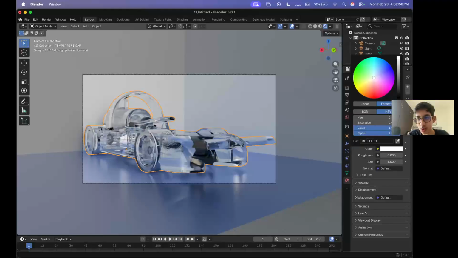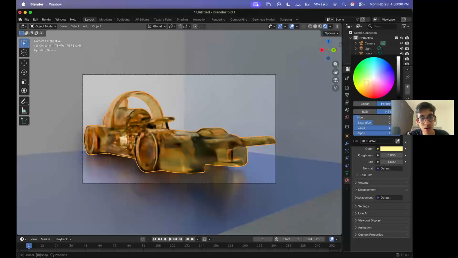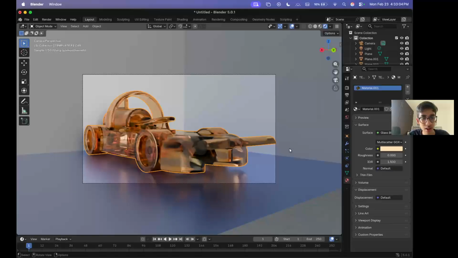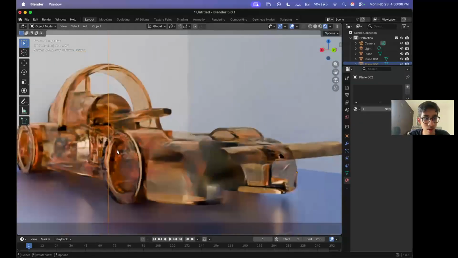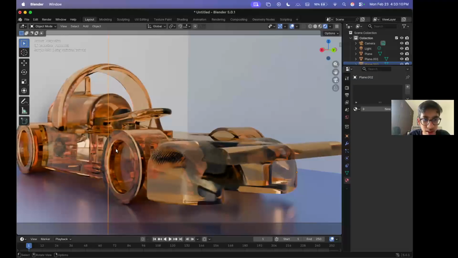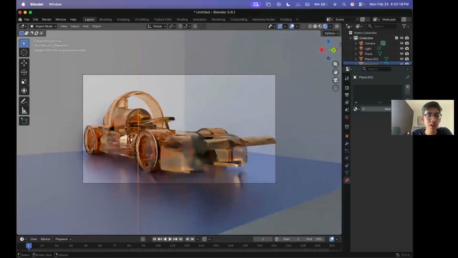Change the color as well, just like that. Yeah, now actually it has a bit of a plastic look to it, which is nice if you want to show the internal mechanism of your car and the engineering behind it, you know. So yeah,